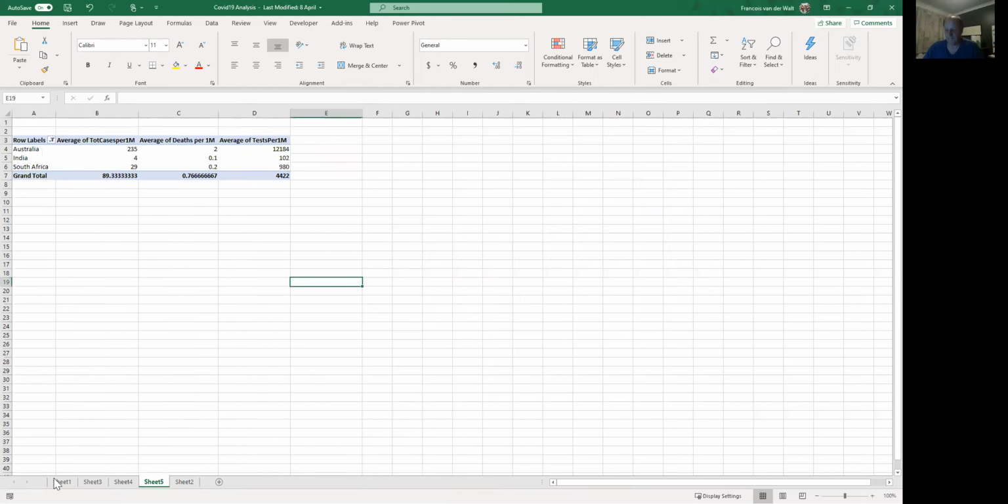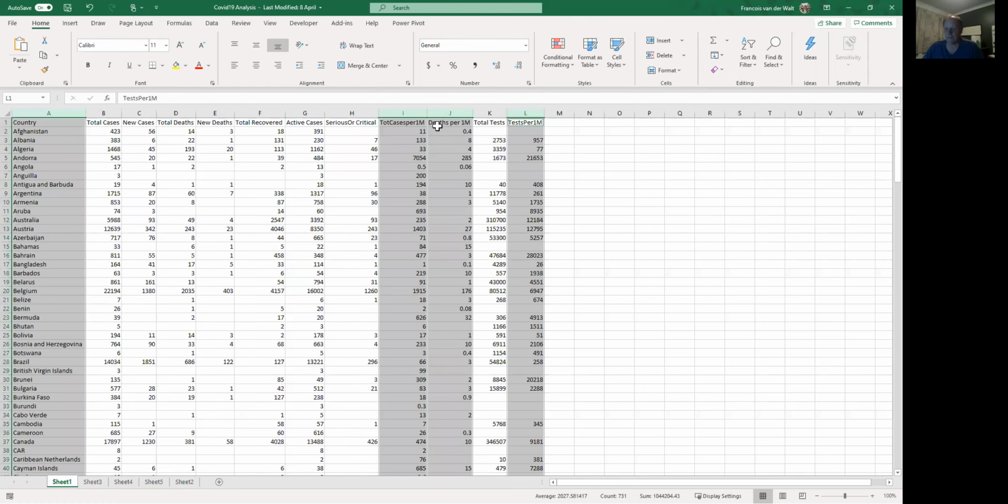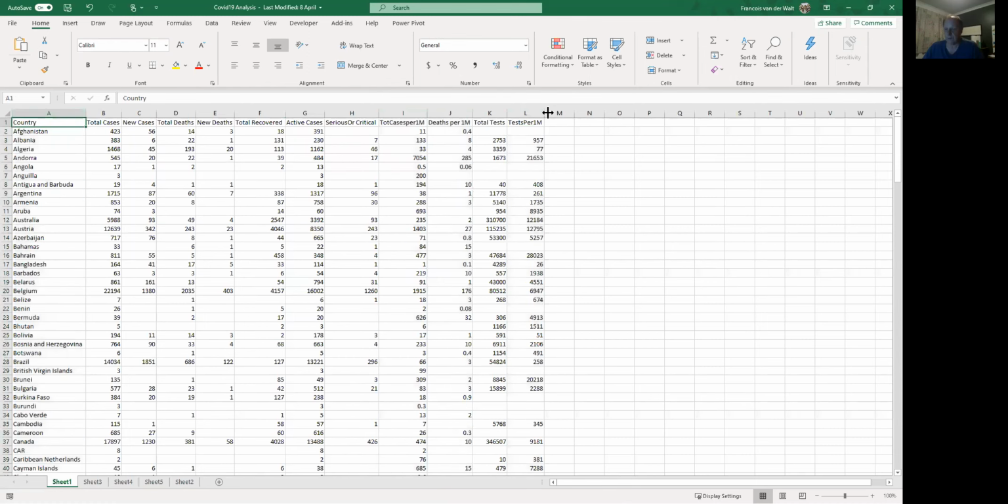Okay, now we're cooking with gas. Here's the raw data. I've got the country and the number of cases. This was on the 8th of April or somewhere there, so it's quite old now. I'll update it. And one simple question is which countries, and if you look at these variables on top here,